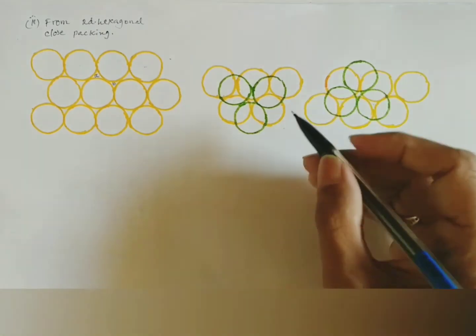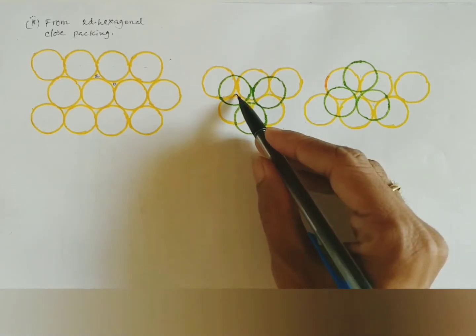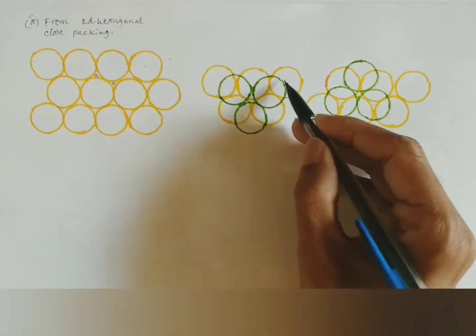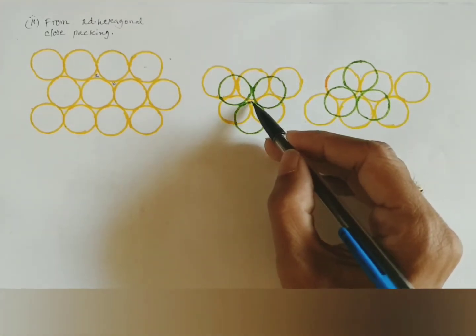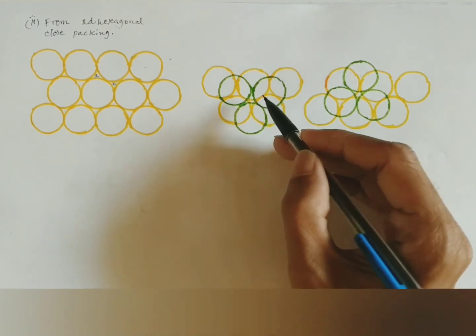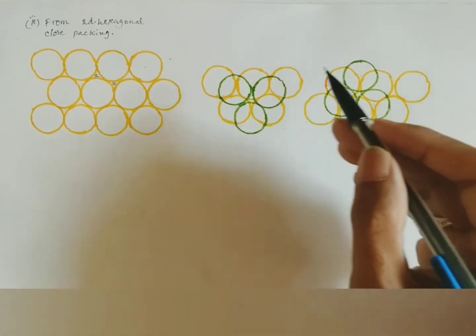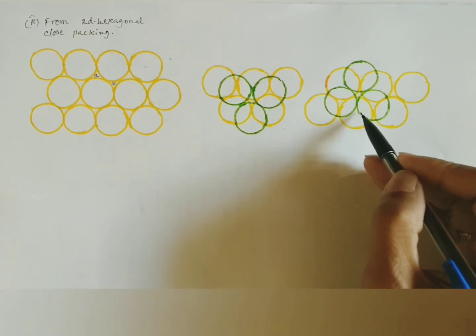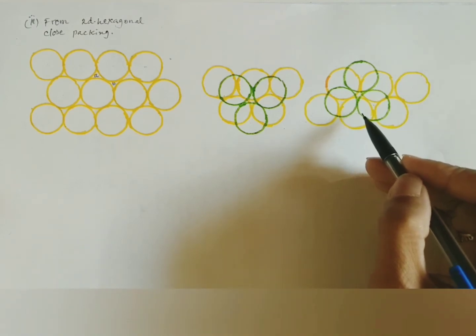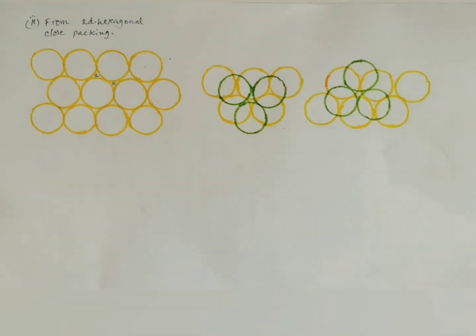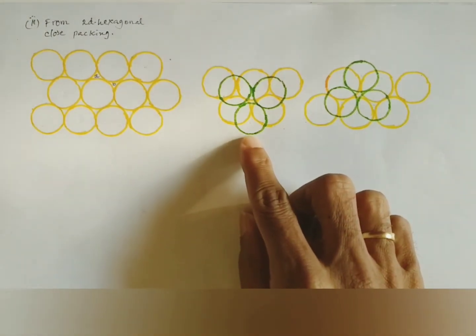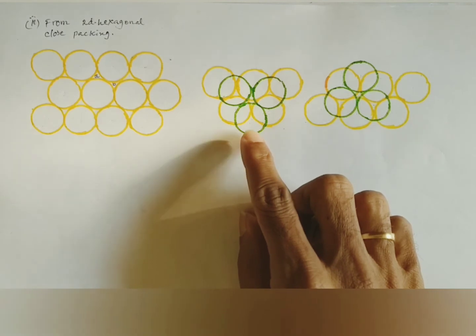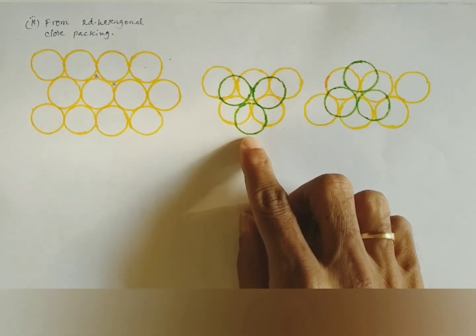So similarly, if A type is covered, this is A type where the atoms are placed, but B type is not covered. So like this, either A or B type of triangular voids can be covered with atoms of second layer. So let us take this type of coverage and we'll study it further.